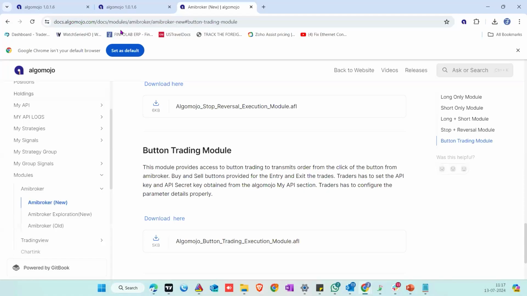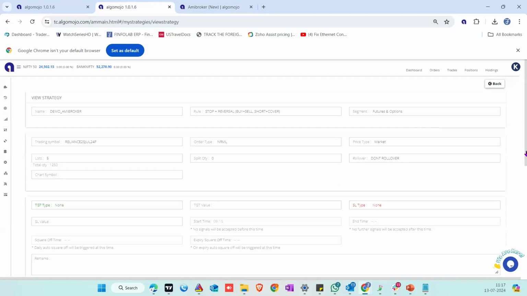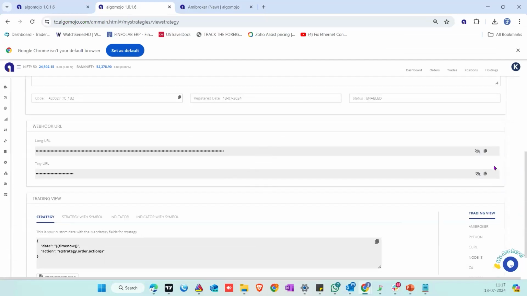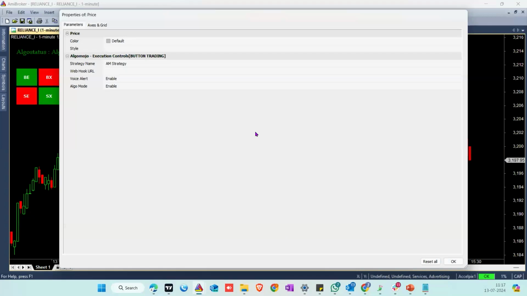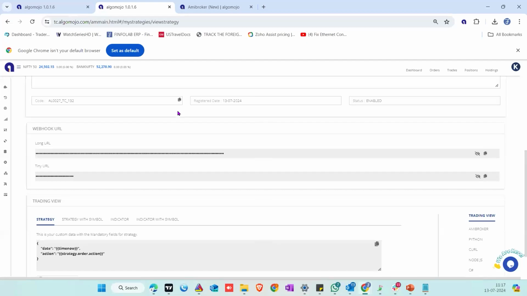So we come here, go to this place, and I would like to trade in Reliance with the strategy that I just created. I copy the webhook URL from here and place it into this place. I say okay. So let's go back to the screen